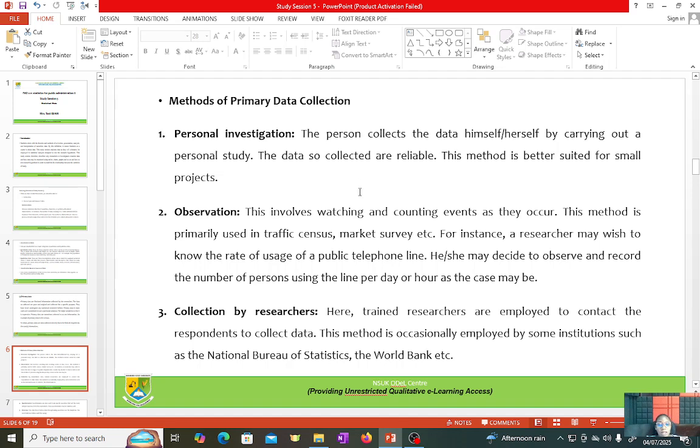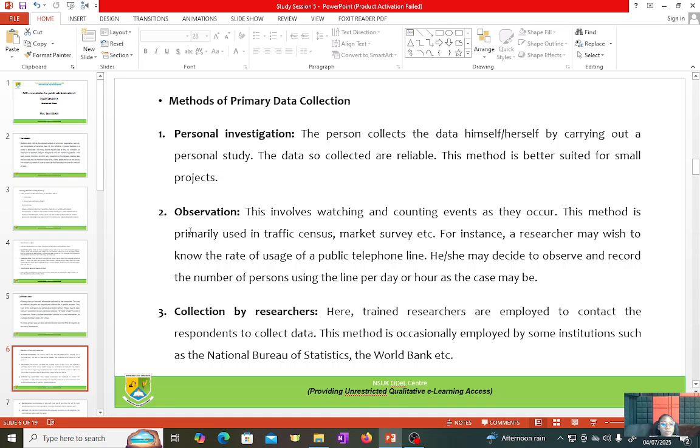This data is mostly very reliable, and the method is most suitable for small projects, because when you consider the procedures for a large project, it will be exhausting, time consuming, and also cost